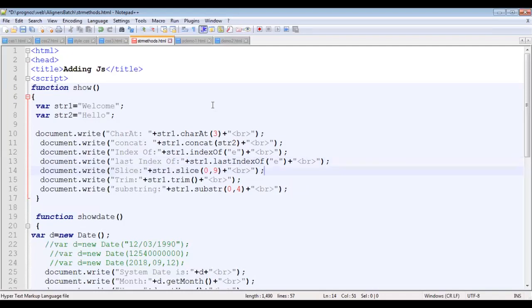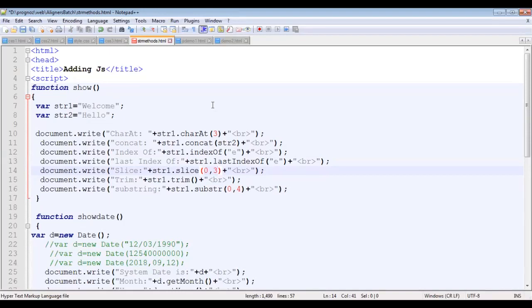The slice function simply allows us to slice, or you can say fetch, the characters from the 0th index. And how many characters do we have to fetch? 3 characters. It will simply remove those characters from the given string. Then there is the trim function, which allows us to trim the white spaces from the starting and ending of the string.